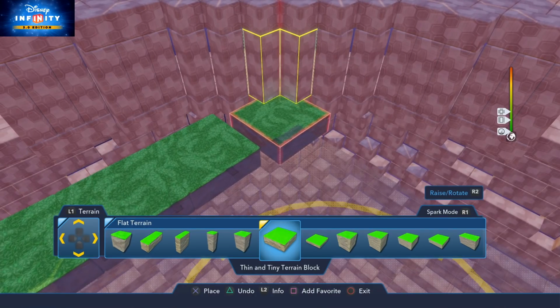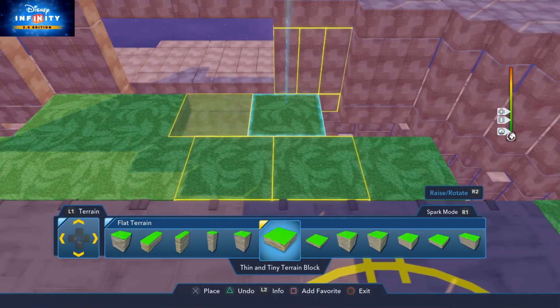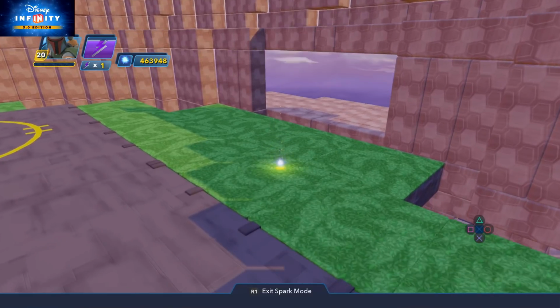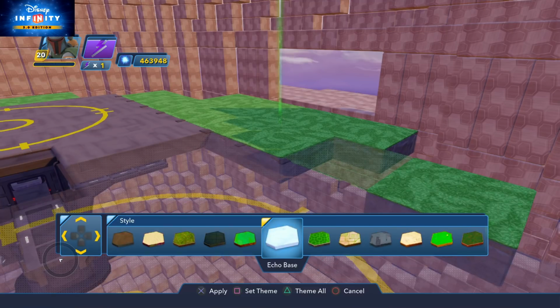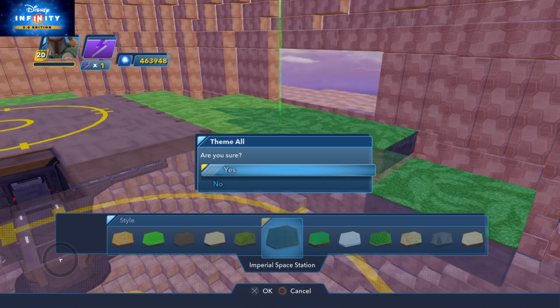Cool. Right, we'll just speed that bit up as well. So now you see you've got the terrain going in here. Right, so now I've got the terrain around the edges. What I can do in here is click on this terrain, and I will change the colours by using the triangle tool, and I will then change that to the Imperial setting. So I can now change my colour tools, make it Imperial Space Station, and I can apply that theme